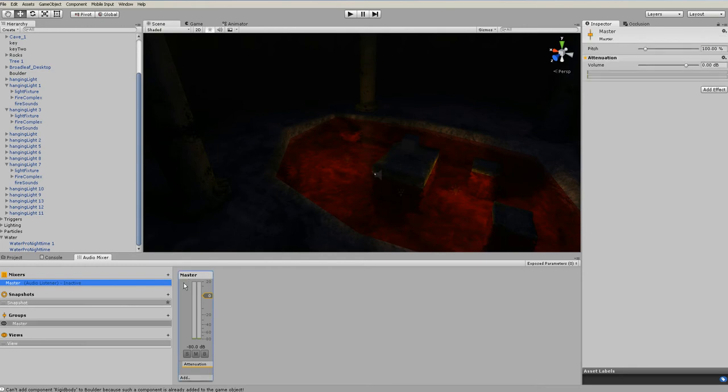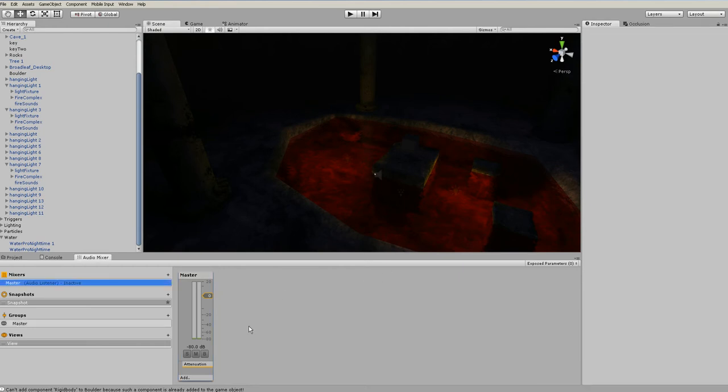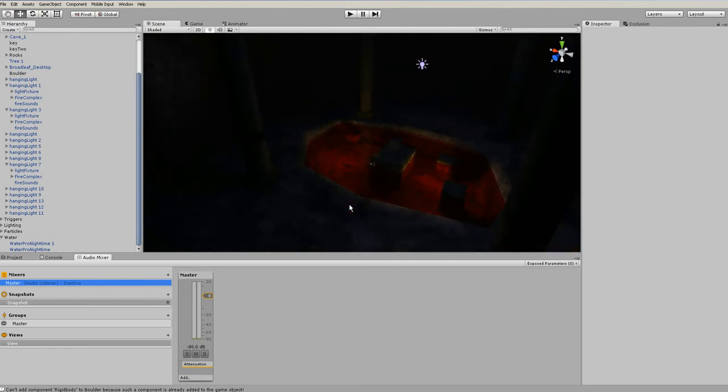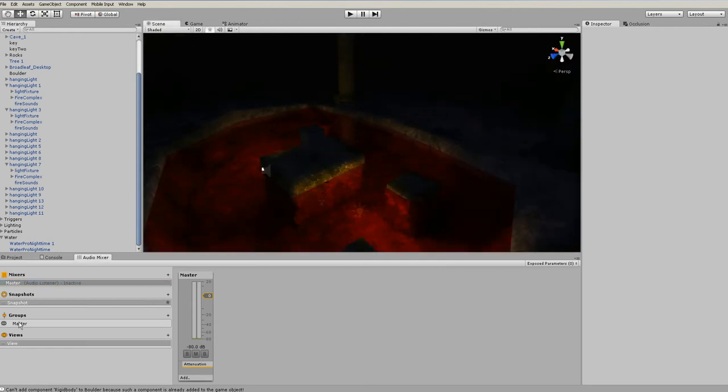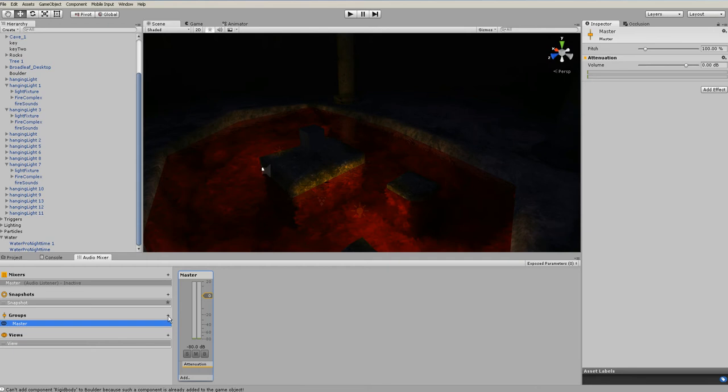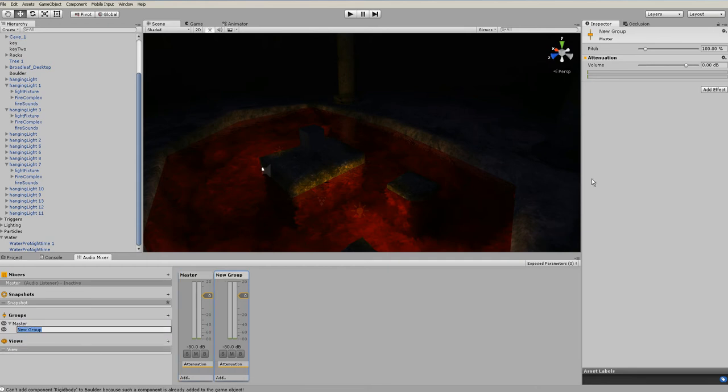And down here you got the master one. You can also change the volume up here if you want to, and even the global pitch. But I'm not gonna do that. So what I'm gonna do is add a new group. I'm gonna click on my master right there, and then I'm gonna hit plus, so it goes under the master, a new group, and I'm gonna call this one, for example,